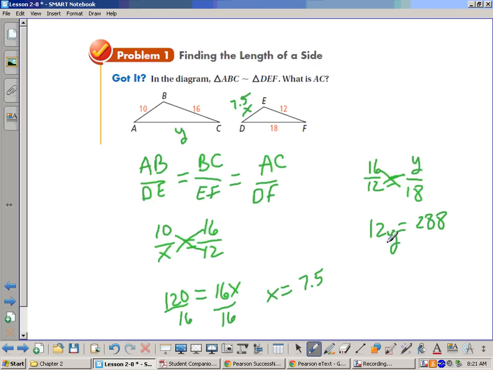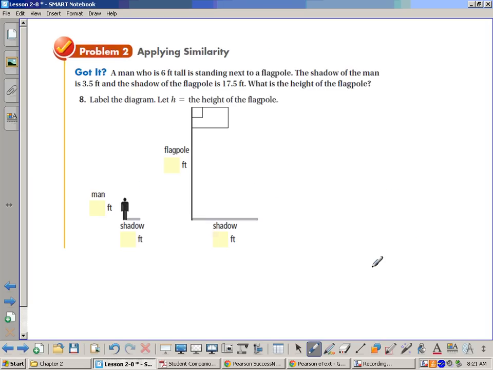Divide by 12 to get y equals 24. So we know y equals 24. So we can find missing side lengths. The next example is going to be referring to objects in nature and how we can set up a proportion